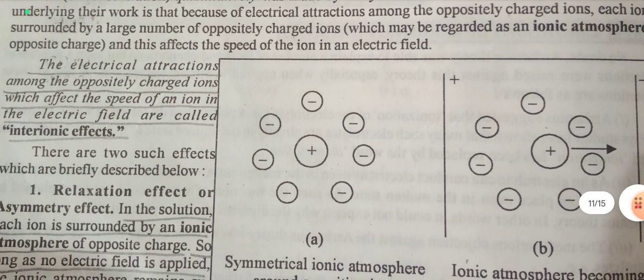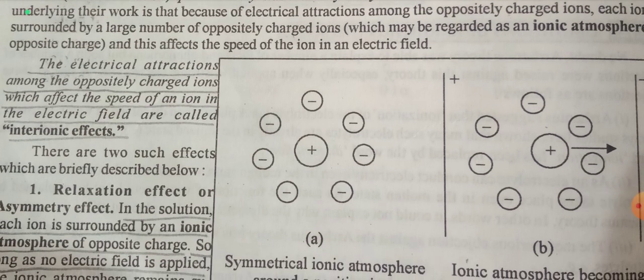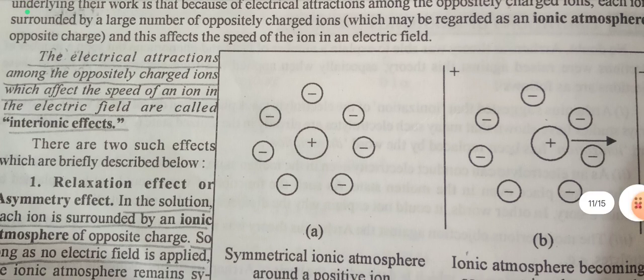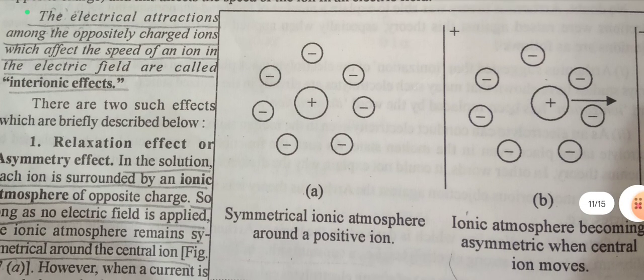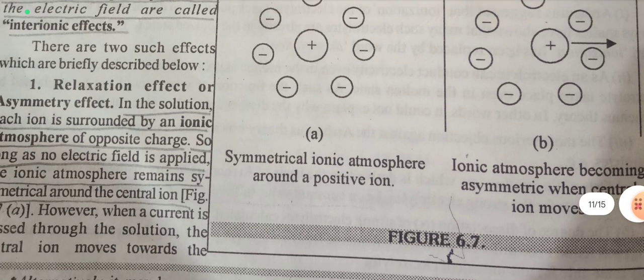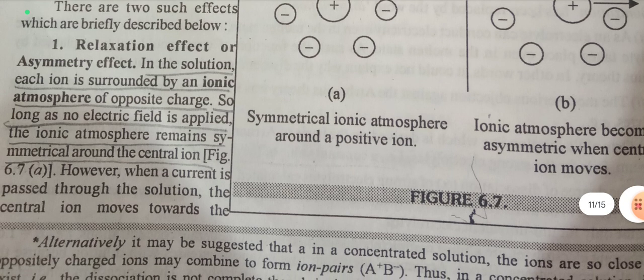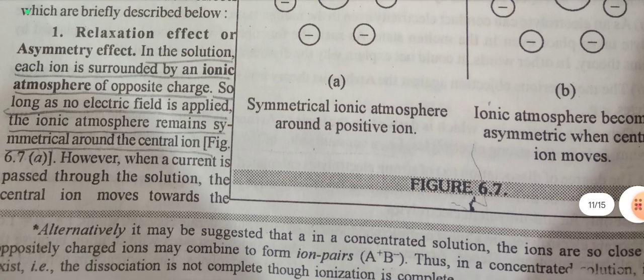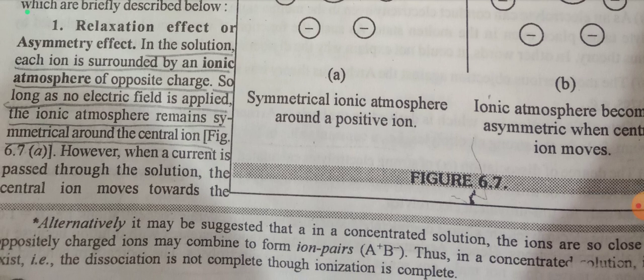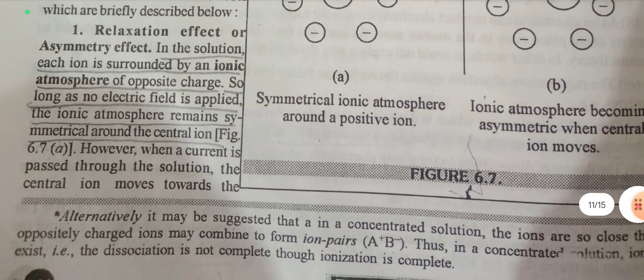The electrical attraction among the oppositely charged ions which affects the speed of an ion in the electric field is called interionic effect. There are two such effects which are briefly discussed below: relaxation effect or asymmetric effect. In solution, each ion is surrounded by an ionic atmosphere of opposite charge, so long as no electric field is applied, the ionic atmosphere remains symmetrical around the central ion. However, when a current is passed through the solution, the central ion